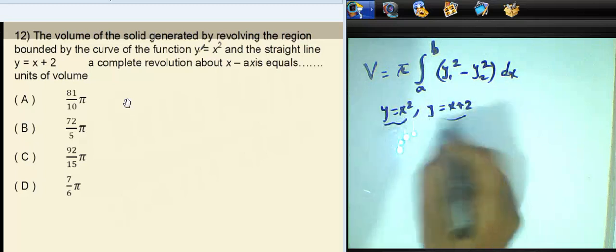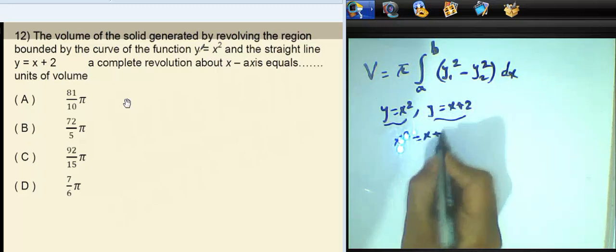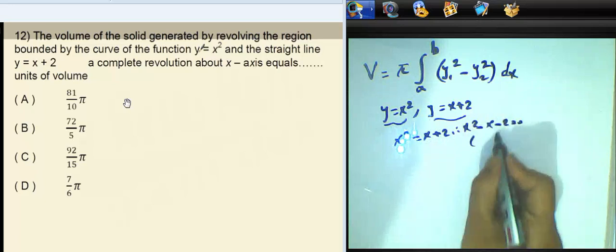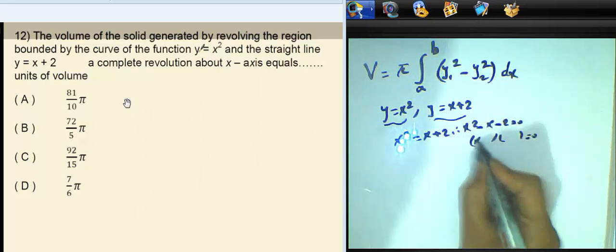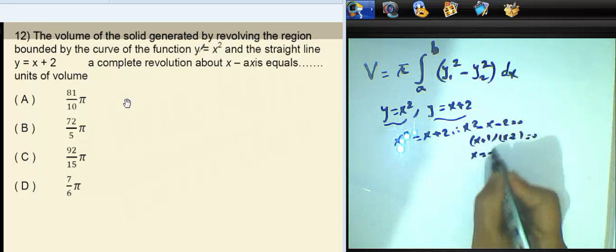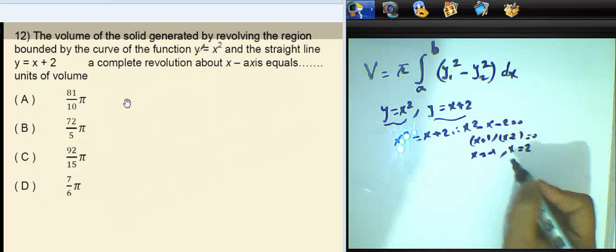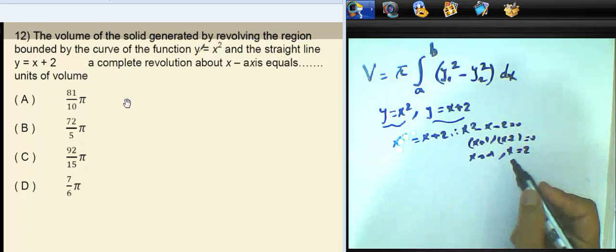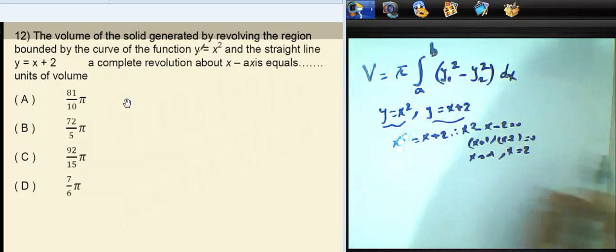This function equals this function, then x power 2 equals x plus 2, and then x power 2 minus x minus 2 equals 0, and you can factorize this function. X times x, 1 times 2, it will be negative and it will be positive, then x equals -1 and x equals 2. So the limits here are from -1 to 2,